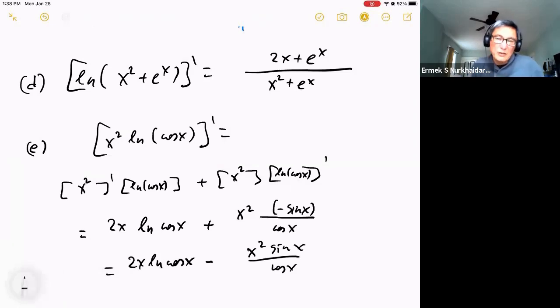Maybe to switch the language to tangent: sine over cosine is tangent. I'm not sure, but